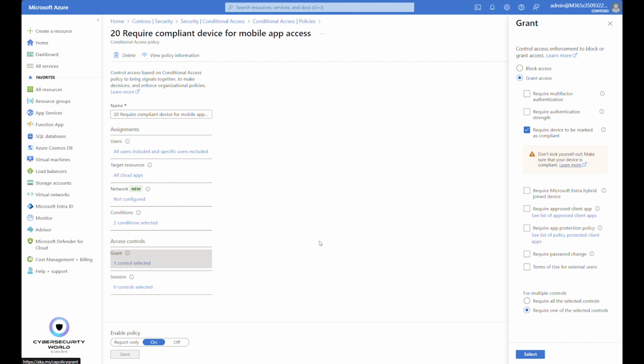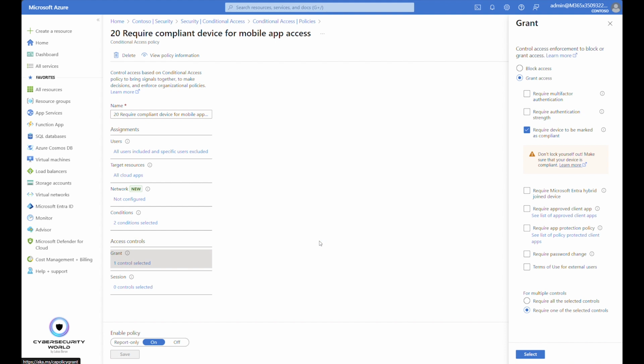If the device is not compliant, it can be a personal computer, it can be any computer in the world. The application would potentially synchronize data offline to the device, but you don't know how the device is secure, if the device has disk encrypted, if the device actually has even a password for the user account configured. You don't know anything about the device. So that's very important to block it, which means this policy is here that requires devices to be marked as